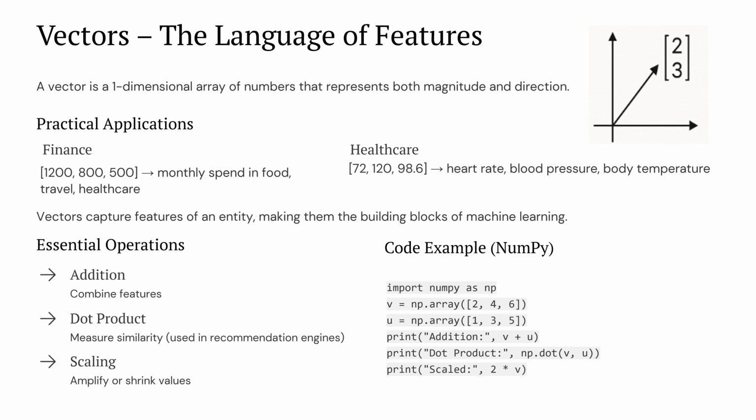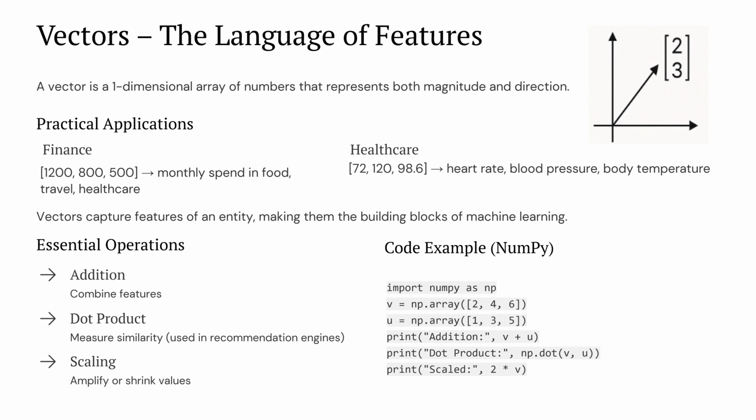A vector is simply a list of numbers, but it carries both size and direction. For example, in finance, a vector like 1200, 800, 500 could represent monthly spending on food, travel, and healthcare. In healthcare, 72, 120, 98.6 might capture a person's heart rate, blood pressure, and body temperature. Vectors are powerful because they capture the key features of an entity, making them the basic building blocks of machine